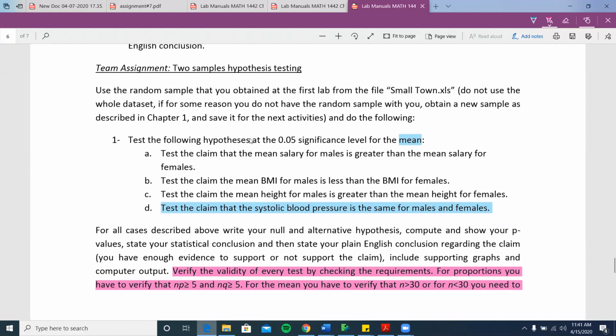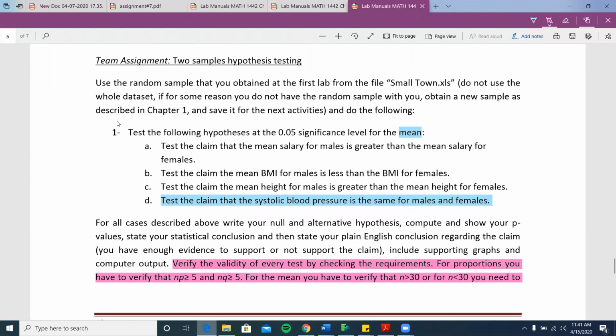So what you are supposed to do in this lab is you are going to test mean for all these questions. So one day I have highlighted it because I have not mentioned mean here. Okay, so it is mean. You have to test for mean. Got it? So what we have to do is we just have to